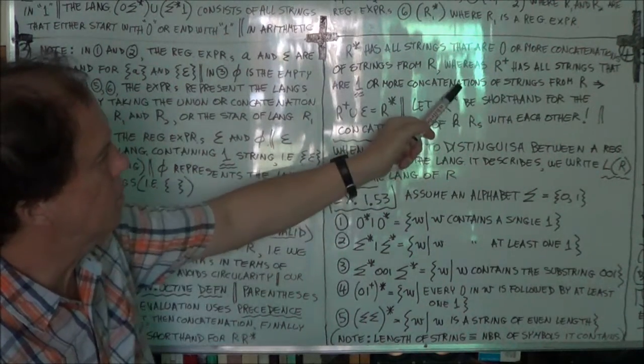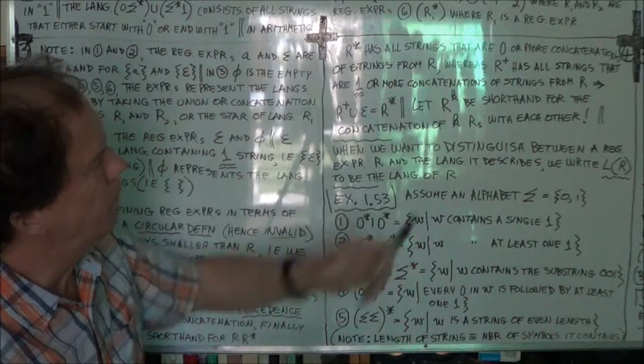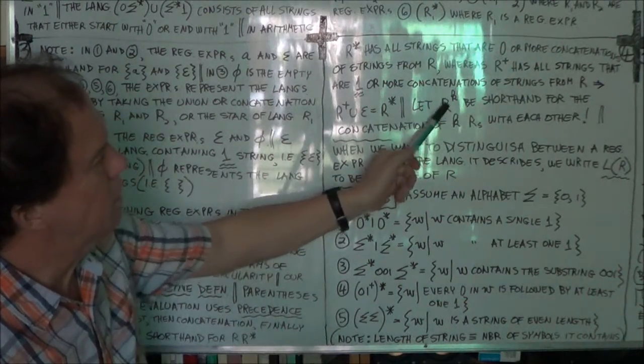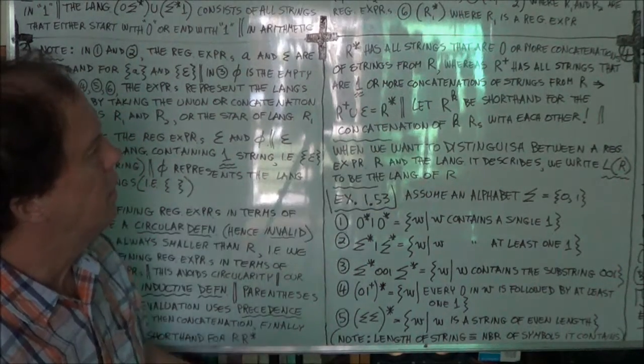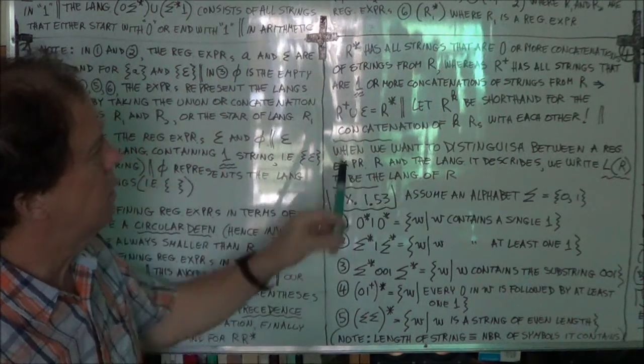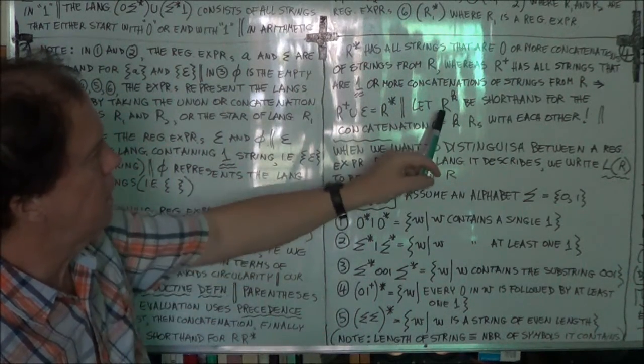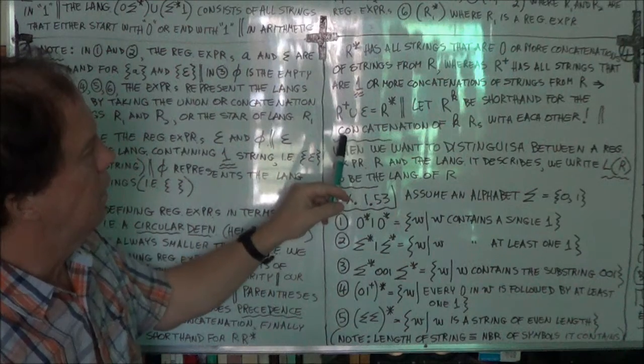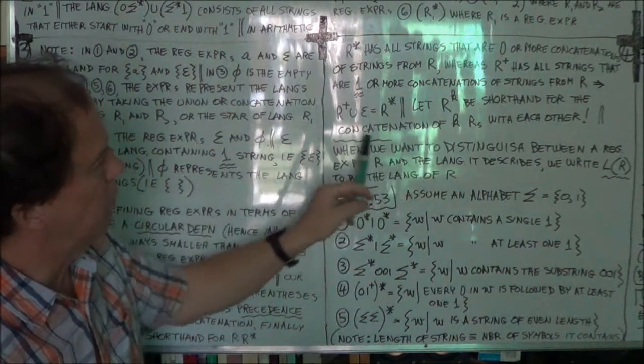Now here's also something new. So R to the k, or R^k if you like, that's shorthand. It's the set that have